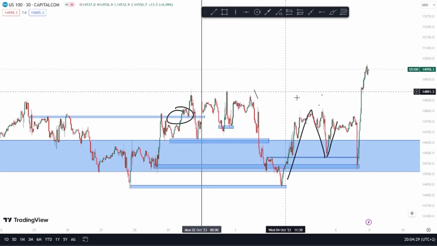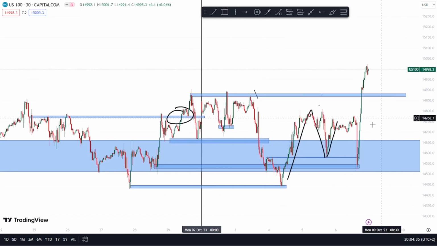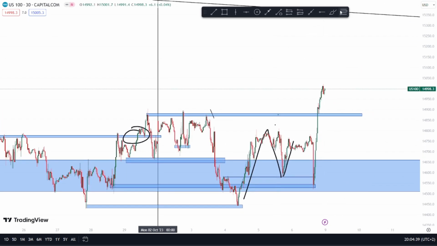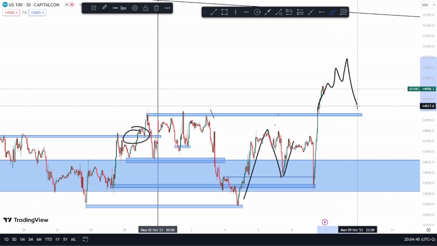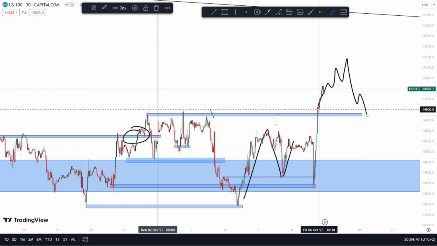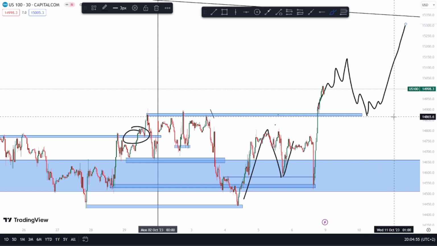So what I actually see on US 100 is that price actually broke structure again, which is a rebuttable presumption that the market will continue pushing to the upside. What I would love to see going into this week is for the market to actually continue pushing up and coming back to a key level, which would be our recent higher low. And when I actually see a change in character,